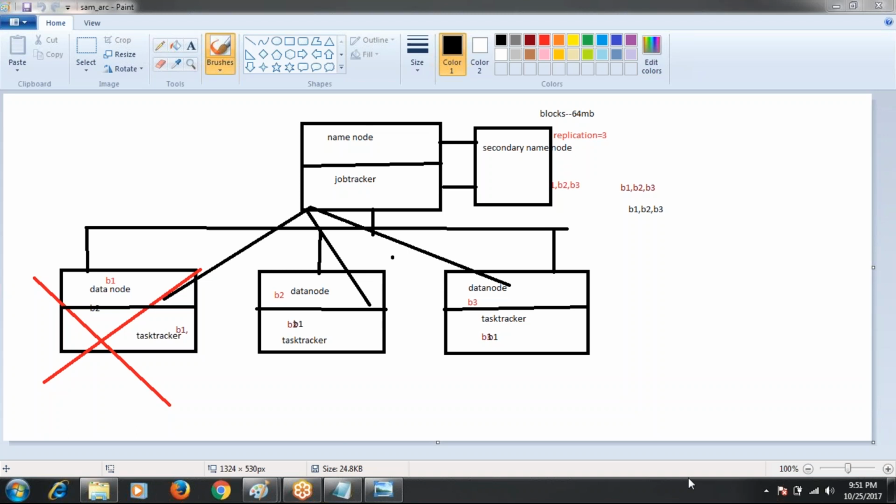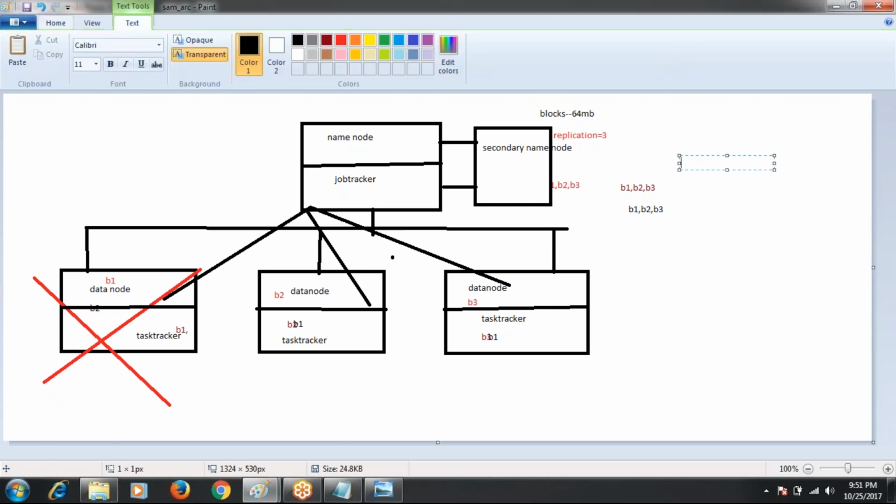After storing the data in HDFS, now we want to process this data. If we want to process the data in Hadoop, we can use MapReduce. Basically, MapReduce is a programming language. We have to write the MapReduce code. After writing the MapReduce code, whenever you submit the MapReduce job,